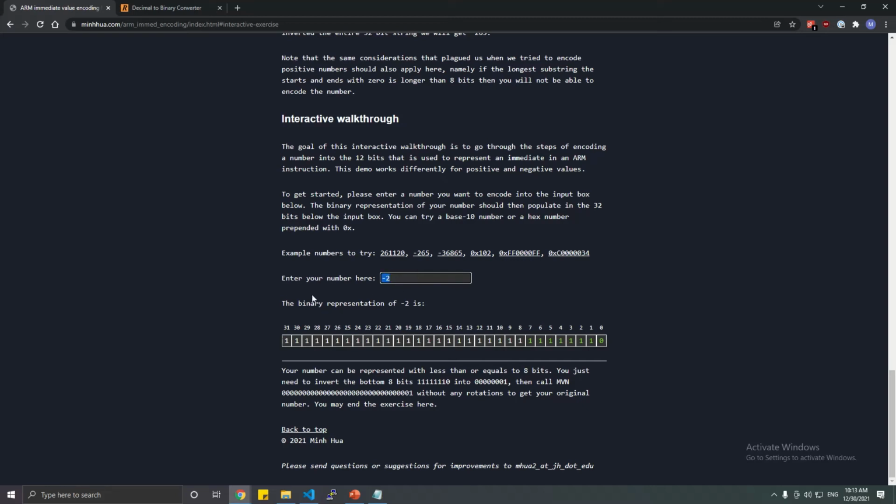Like let's say we have -2. This is the two's complement representation of -2. As you can see, the most significant part, which we will define as the longest trail of zeros, can be fitted into the bottom 8 bits. So really, to encode -2, all you would need to do is call MVN on this number right here, without